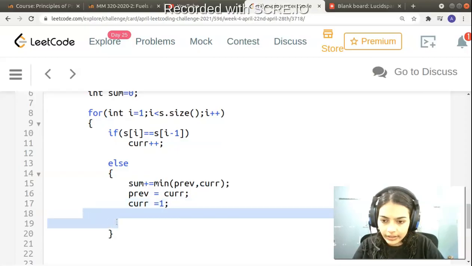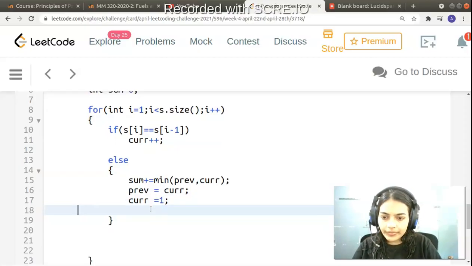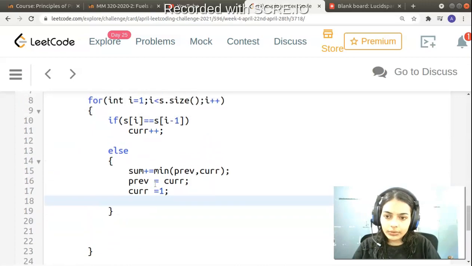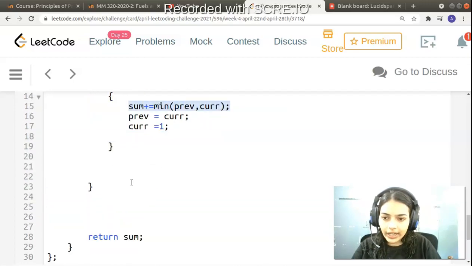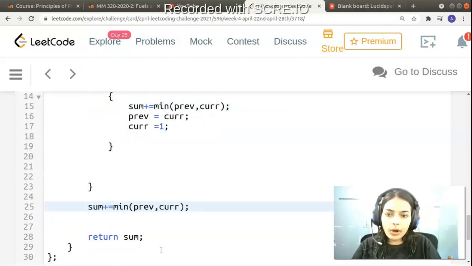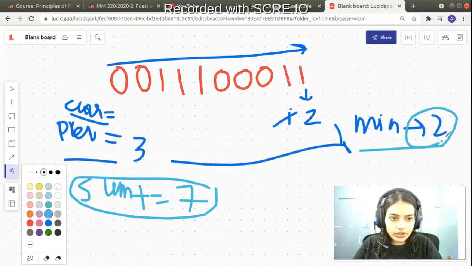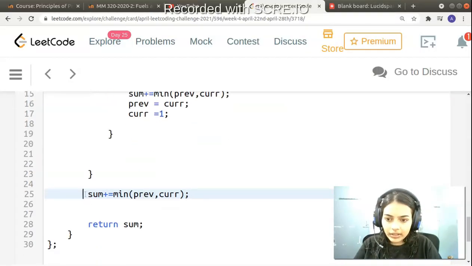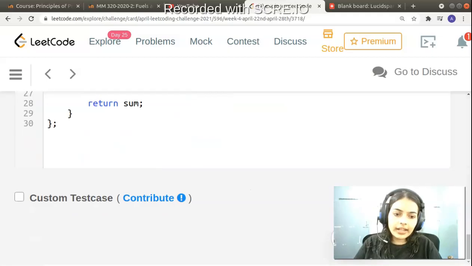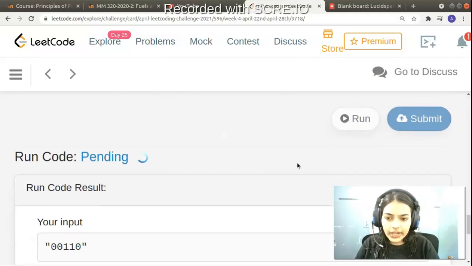So that's it in this particular code. And finally, what we can do is we can again give this particular line, because for the last block, in this particular example, the last block 2 and 3, we couldn't save this 2 during the iteration. We added this particular value 2 after the iterations were complete, so I have to give this once again at the last, and that's it. I can run and check if it is working.